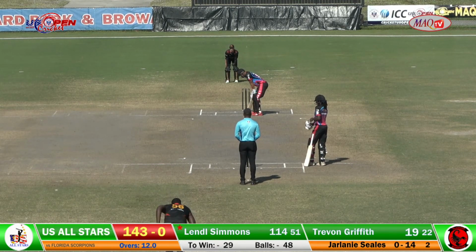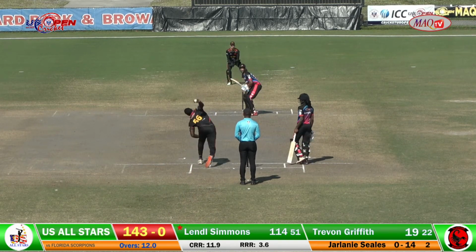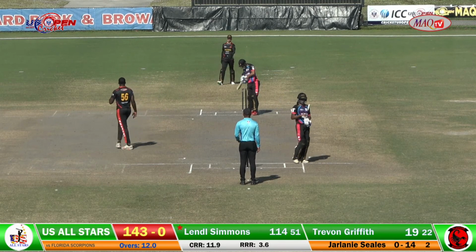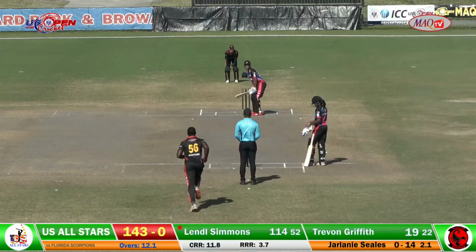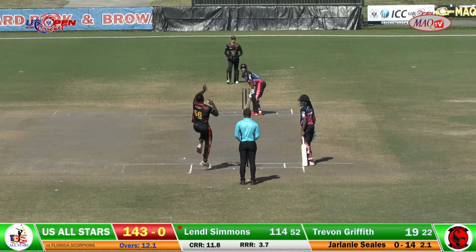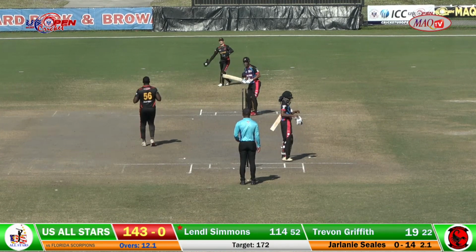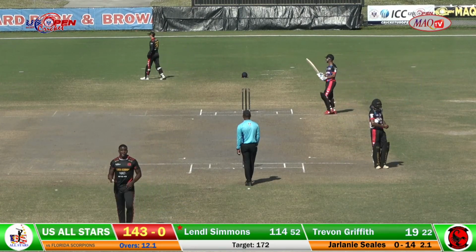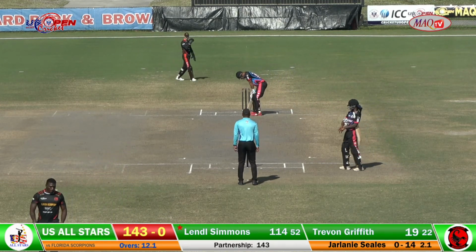Seales back into the attack now. He's been pretty good, 14 off his first 2 overs. And they're going to need to keep it really economical now. Good delivery again outside the off stump. Seales has been bowling well. I mean, the century came up off his bowling. It was an edge, but there was no slip and there was no fine third man. So that was the century ball. It was a good delivery, and he's followed it up in his